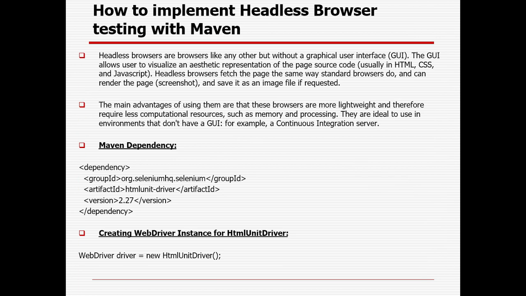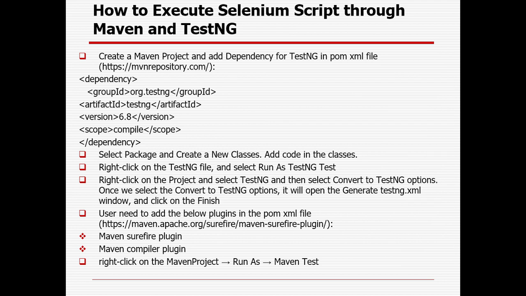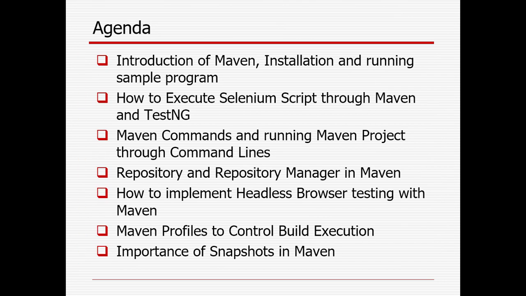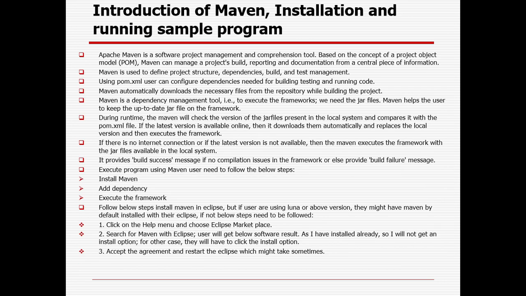So let me recap once more whatever topics have been covered. After that, in case you have any questions, I will definitely take them forward. So Maven is a build management tool as well as a dependency management tool. In a Java project, every time you need to download all the jar files and associate them with the project. In case your version changes, you need to remove that one, download the newer version again, and associate it with the project. But for a Maven project, you will simply change the dependency or the version in the pom.xml file. Automatically your older version will be removed and the newer version will come into the picture.